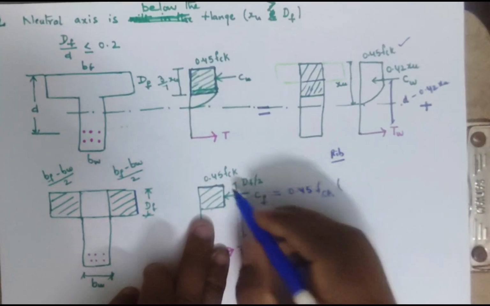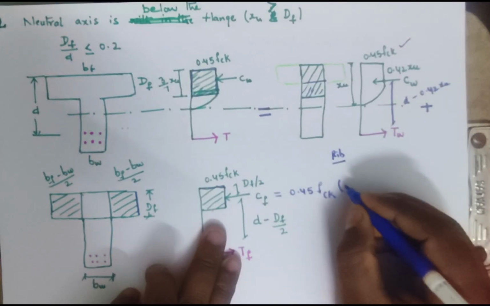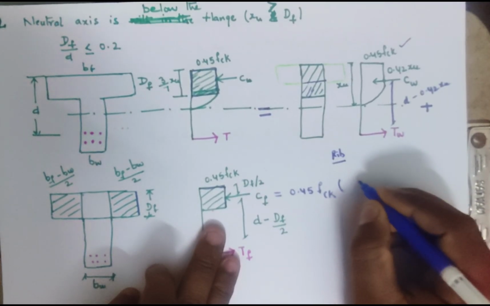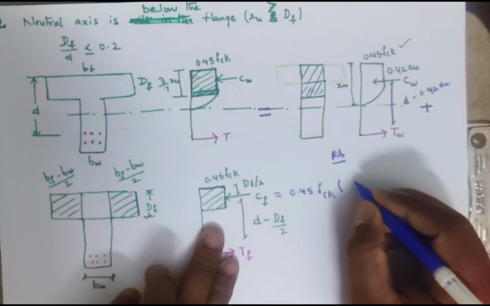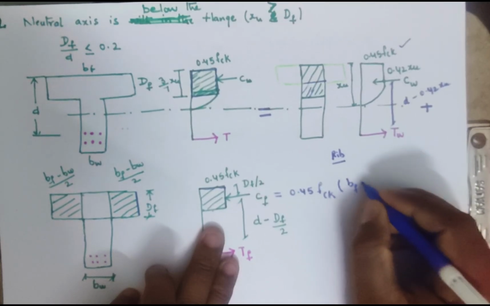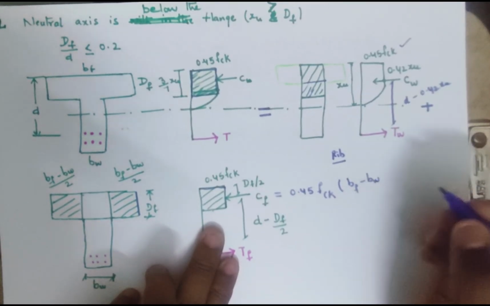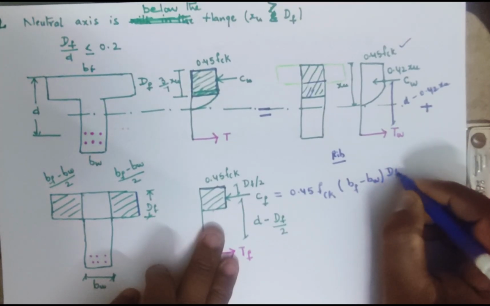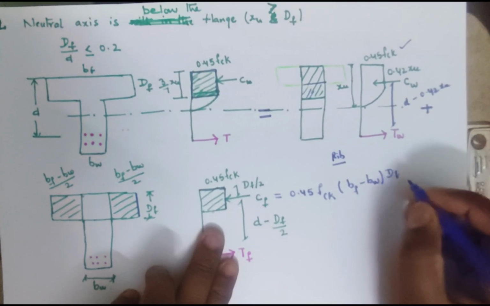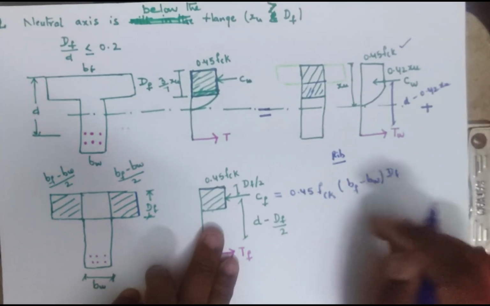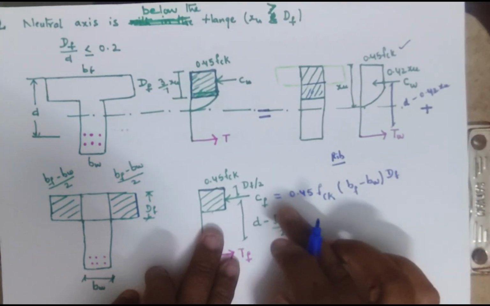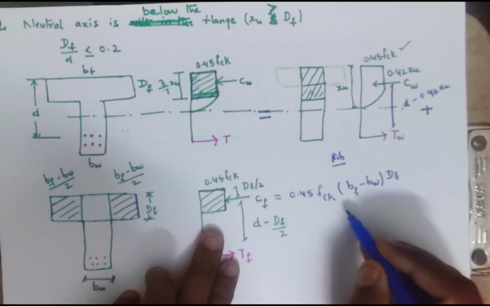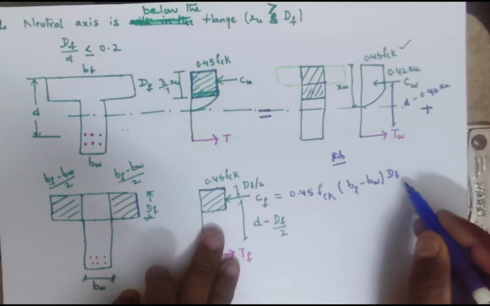Area of this portion: 0.45 fck into (bf minus bw) multiplied by the depth of the flange. This is the equation for the total compressive force of the flange: 0.45 fck into (bf minus bw) into depth